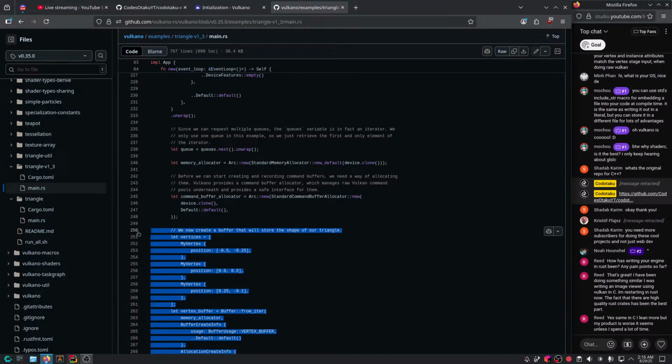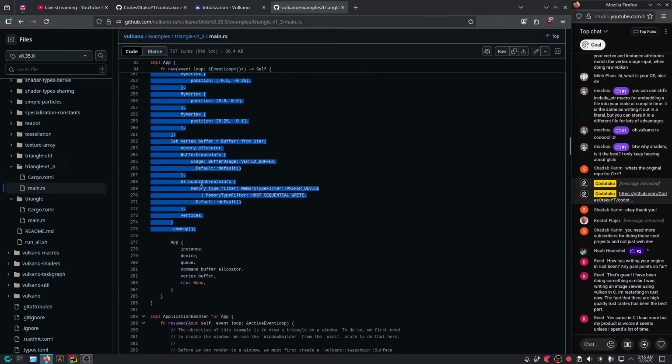Oh well. Yes, same as C, I learn more, but my product is worse, it seems, unless I spend a lot of time. Not really. In C, also, it's even worse than C++, actually, because you don't even have a great standard library. Like, you don't even have a vector, you know. Though, what I like about C, at least, is that things are very simple. Like, there's no crazy weird crap going on behind your back. Right, it's very clear what's going on. Like, here you're allocating memory, here you're getting the reference to a memory. There's no weird things like move constructors and so on. But